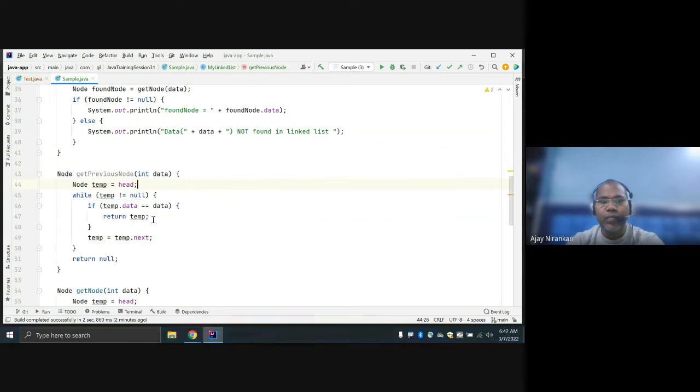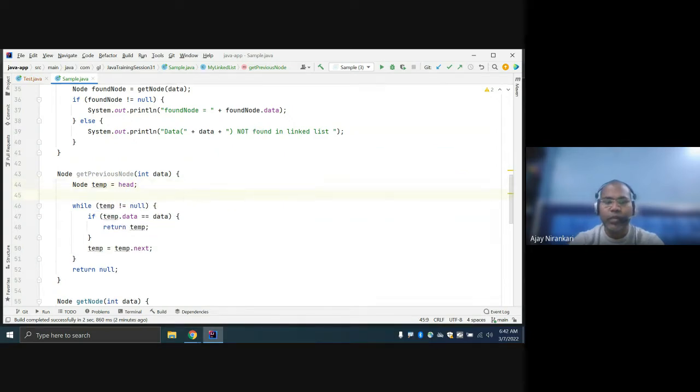So here, simply say node previous, and initially assign it null.